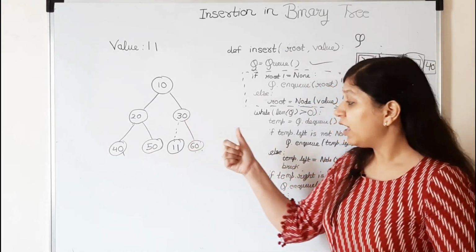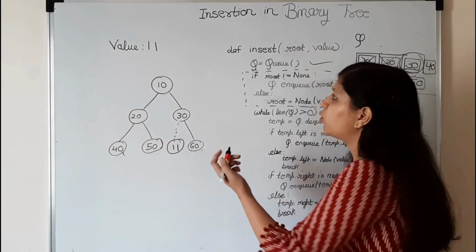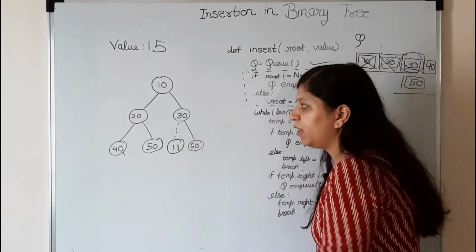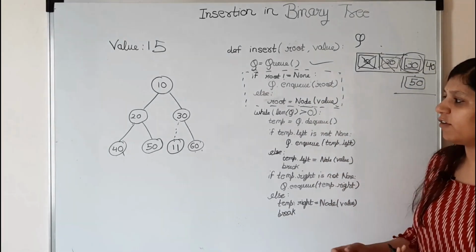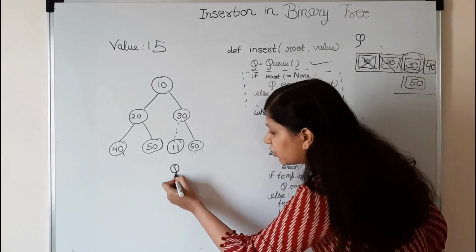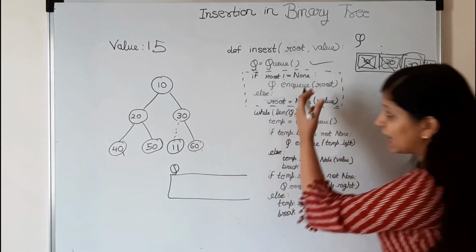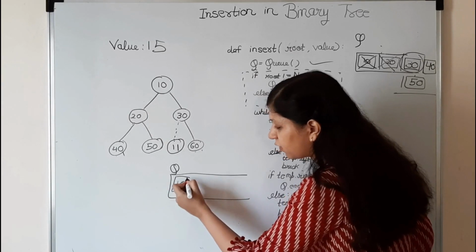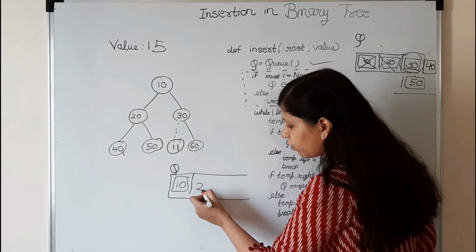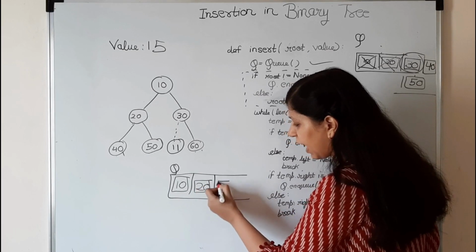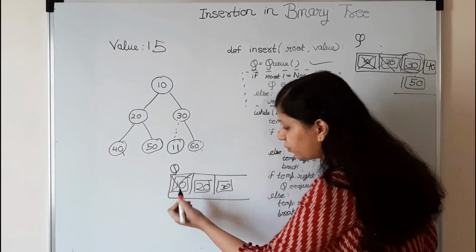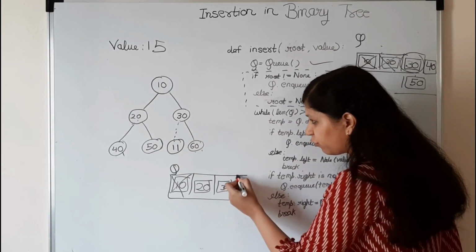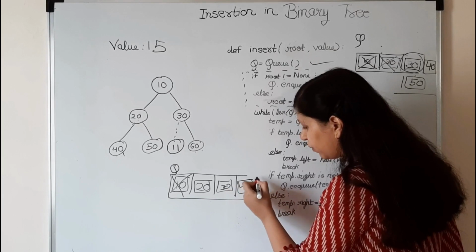The ultimate goal here was to find one empty location, and that we found in the case of 30. Suppose we wanted to insert one more element, let's say we want to insert 15, tell me how we'll do this. Again, see the traversal. Let me create the queue here. We'll start this loop. So initially we'll insert 10 in this queue. When we traverse 10, we add 20 and 30 in the queue, and 10 is dequeued. When we traverse 20, what do we get? 40 and 50, again no empty position.